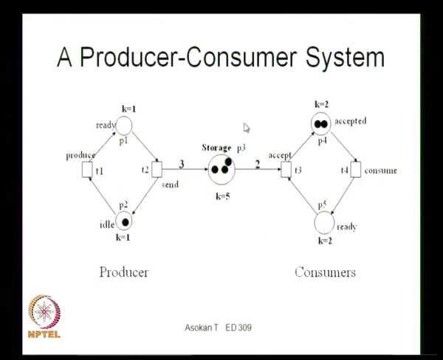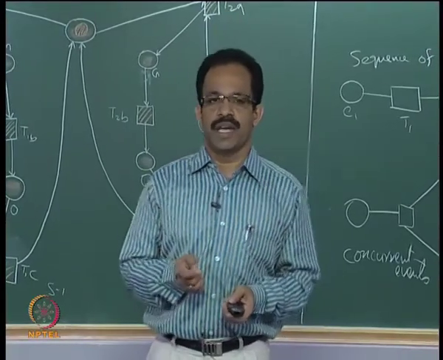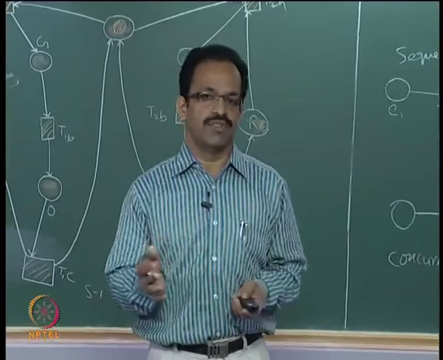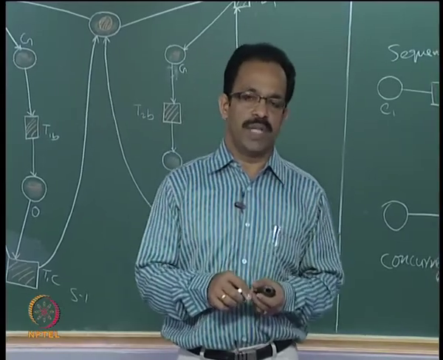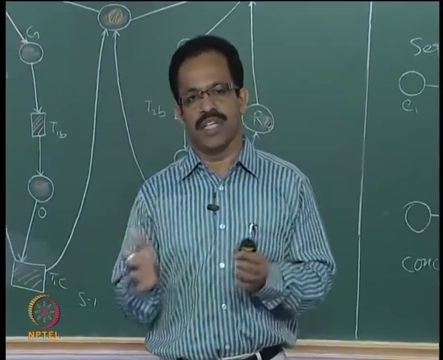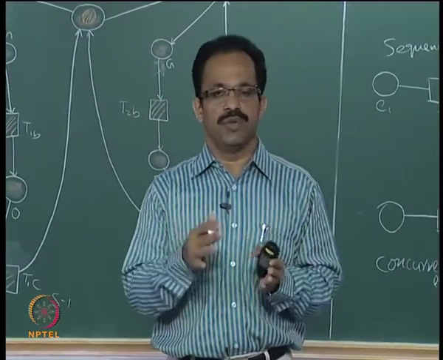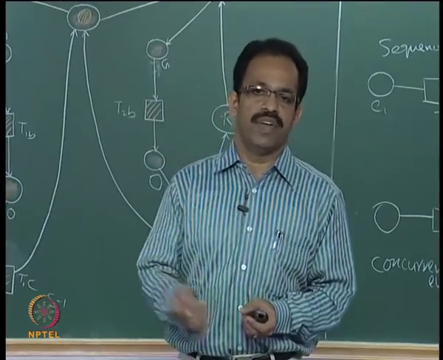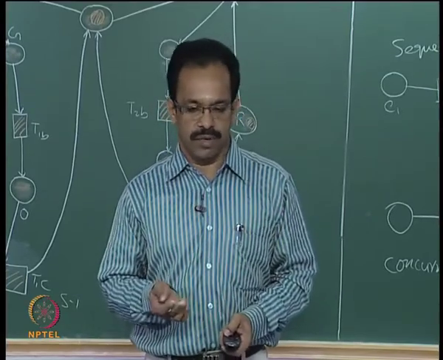So this way the scenario of concurrency as well as the sequential activations can be represented using Petri nets. So this is one case where we can have complex scenarios presented using Petri nets, where we use the weighted arcs as well as the place values to represent the capacities of the buffer or the producer or the consumer, how much they can accept from a particular storage, and how much they can produce, and what will be the upper limit of storage space. All those things can be represented using this kind of weighted arcs as well as place values. That is the importance of having this kind of Petri net.